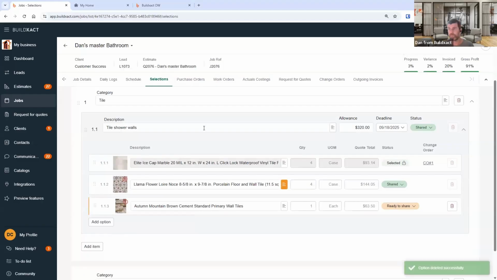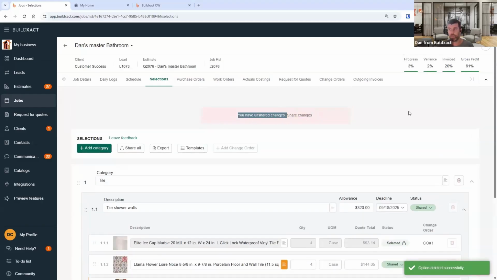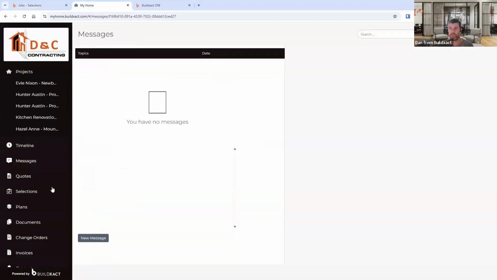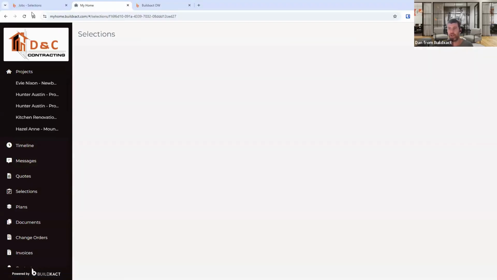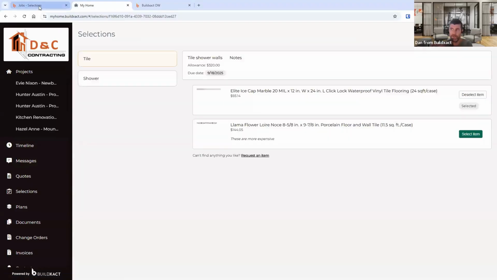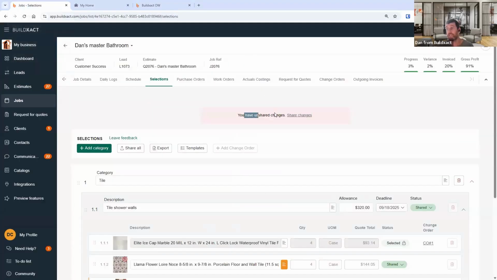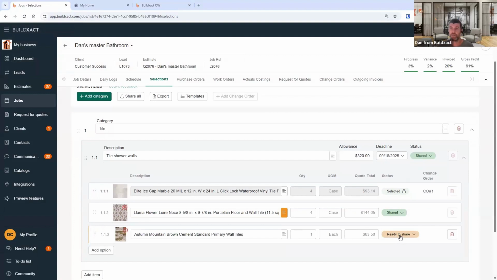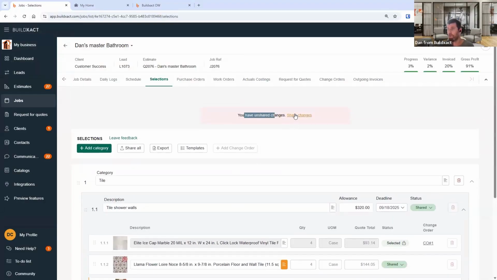So as you're adding stuff in, you're going to get this red message up the top. Hey, you've unshared changes. The easiest way to think about this is we want to keep in sync what your selections look like versus what the client's one looks like, which I'll dive into now. There it is, and I'll spend a few more seconds in there in a moment. So this is literally saying something on this screen is not showing for you, but the client's not seeing it. It's specifically that one. I would go share changes,